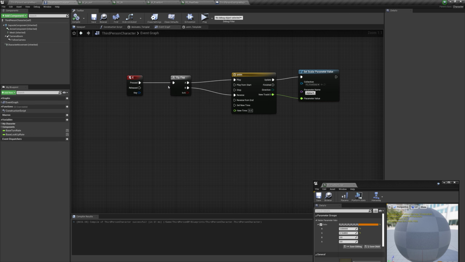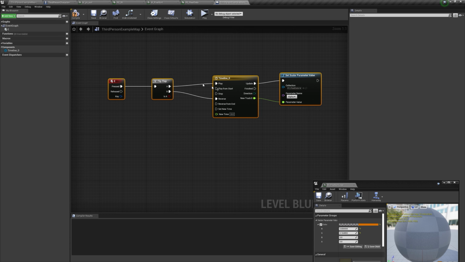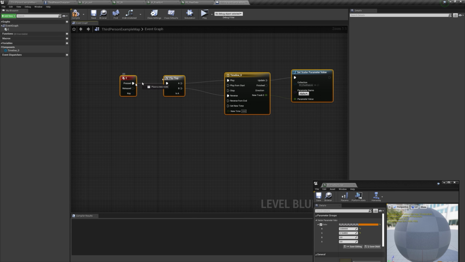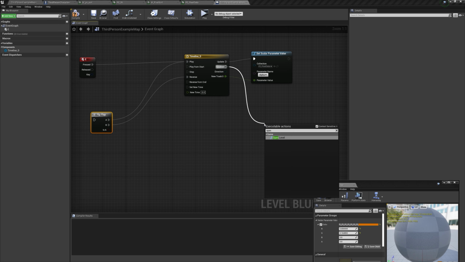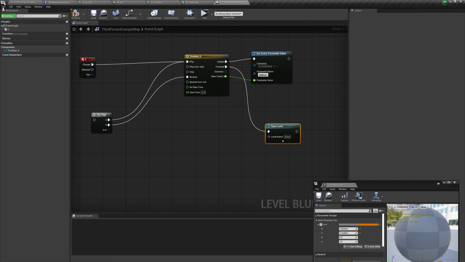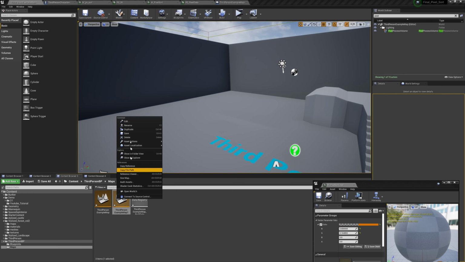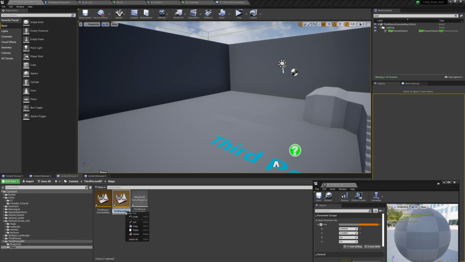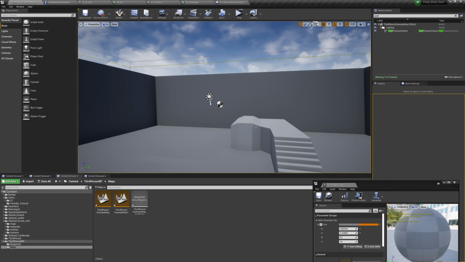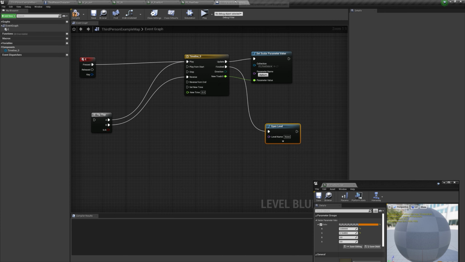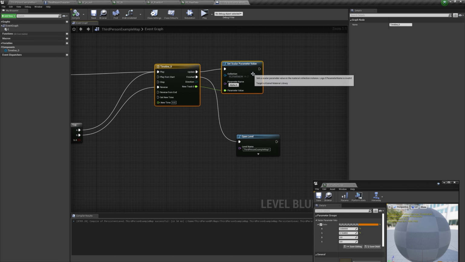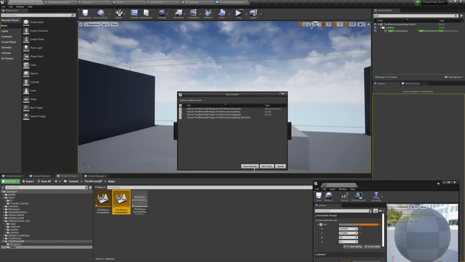and then I will just disconnect the E, and here we can connect this to the play, and after finished we can type in open level, and for the level name we can just get the name of this one. I will just delete all of this so our level looks a bit different, and add that here. And now we can copy this and we can open this level